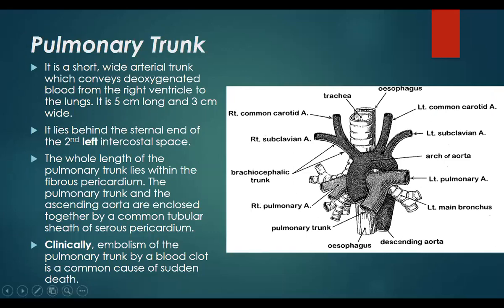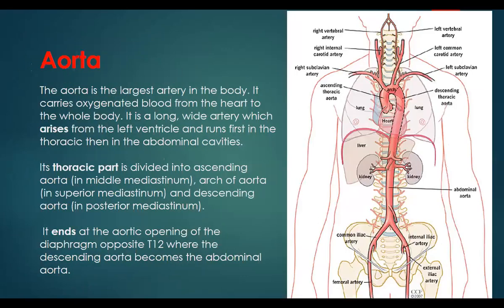Those are called the right and left pulmonary artery, which will go to the lungs and supply the deoxygenated blood to the lung so that it can be oxygenated. And then the oxygenated blood, as we have seen, will return back to the heart through the four pulmonary veins opening into the left atrium. Now coming to the aorta: once the oxygenated blood comes back into the left atrium, it will be pushed into the left ventricle. From there, the blood will be pushed into the aorta. This is the oxygenated blood, which will go and give many branches, and it supplies the whole of the body.